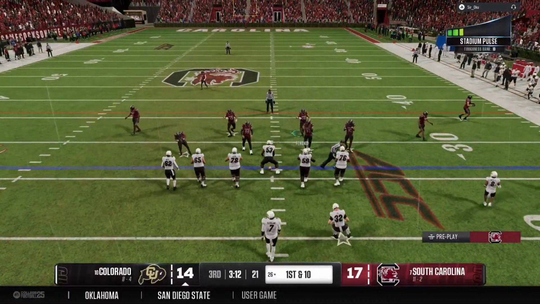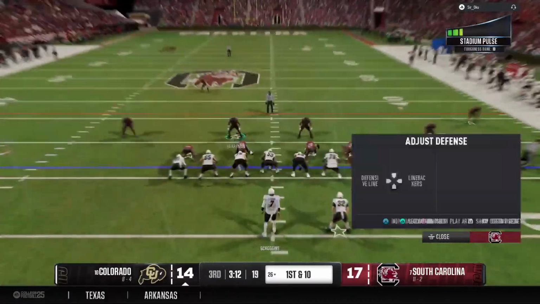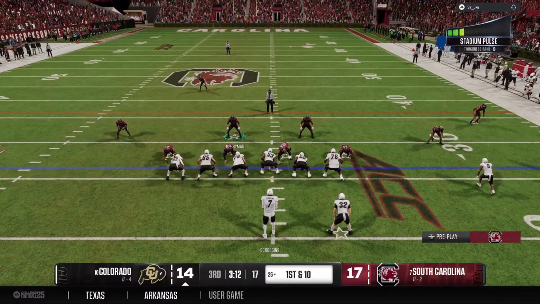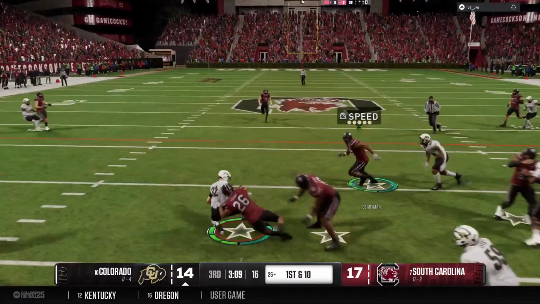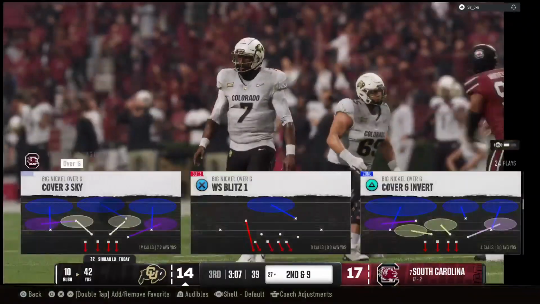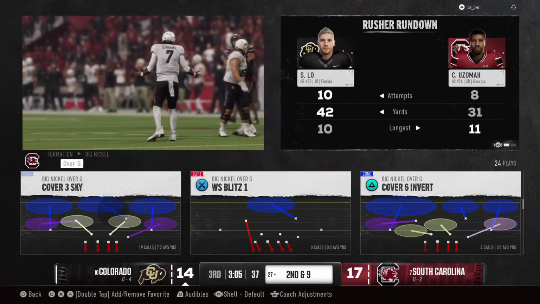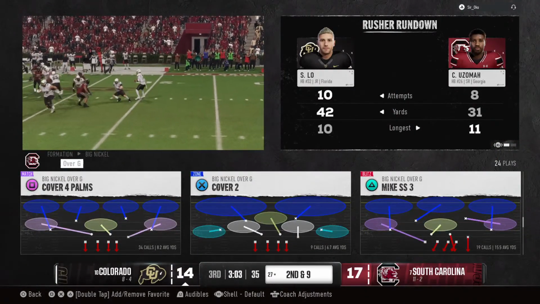And the Colorado offense is back out on the field. Now coming off a 3-and-out, looking to produce a positive drive here. They'll try the left side with the toss. Brought down at the 27-yard line. 2nd down coming up.